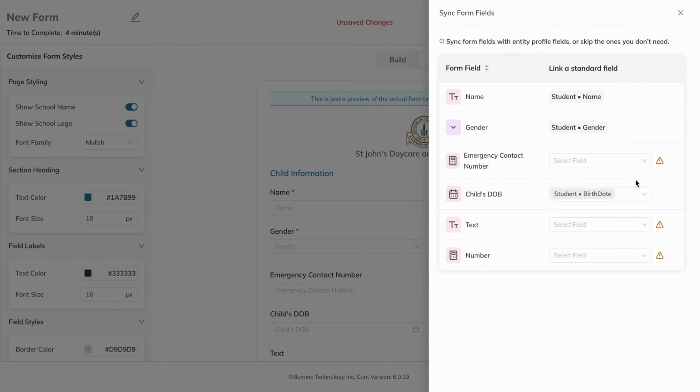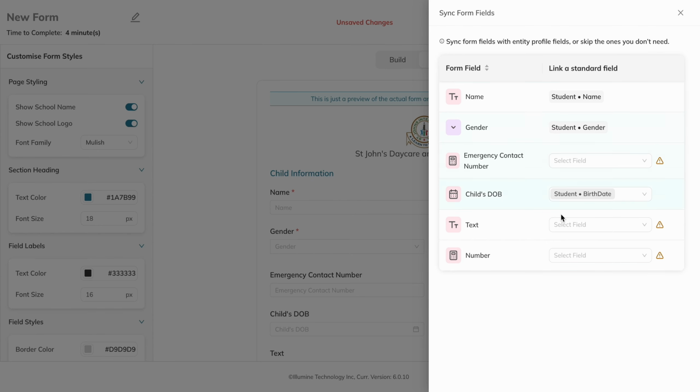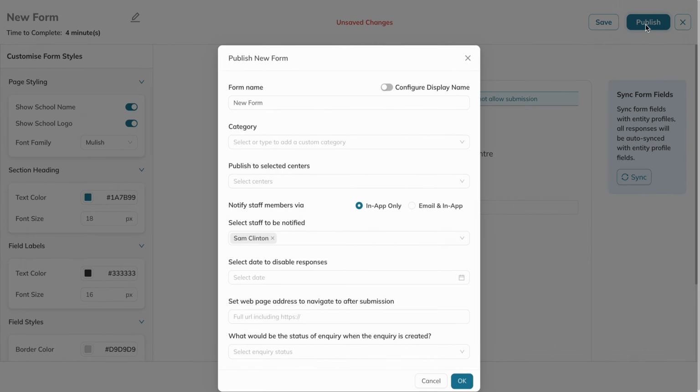Now when you click here, you will see all the fields that are there in this form, and you can also see all the fields that are mapped to the student profile and which are not mapped to the student profile. Now if you want to map it to any profile, you can simply click here, go ahead and select the field that you want to map it to, and if everything looks good, you can go ahead and publish it. Now when you publish it, you can go ahead and give this form a name,